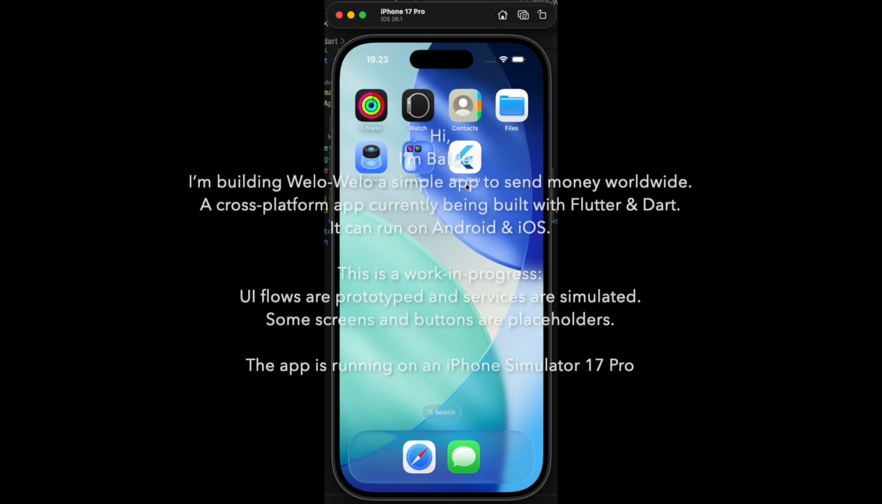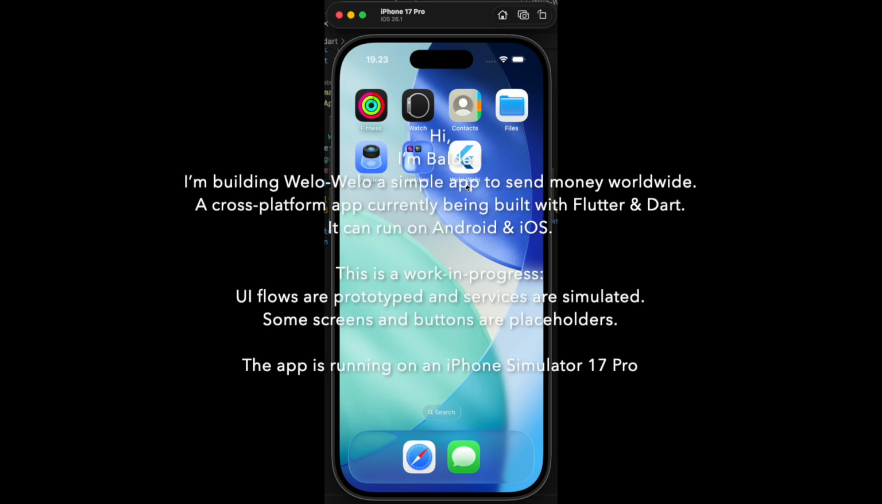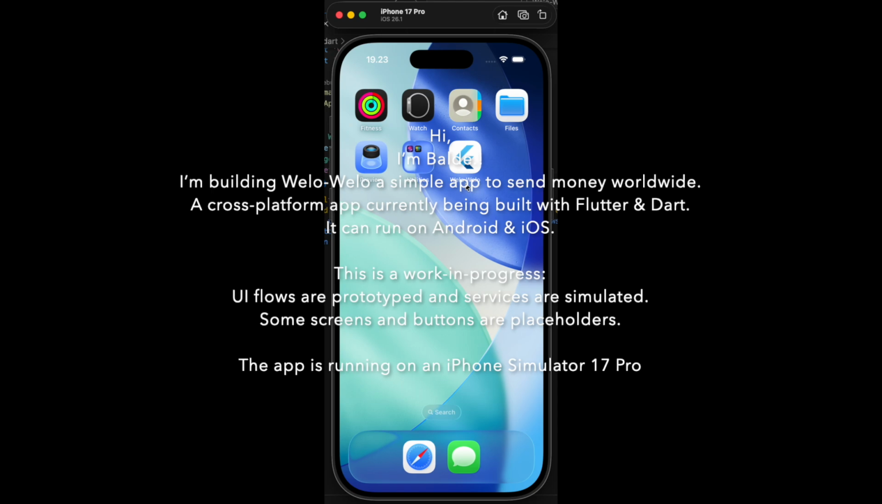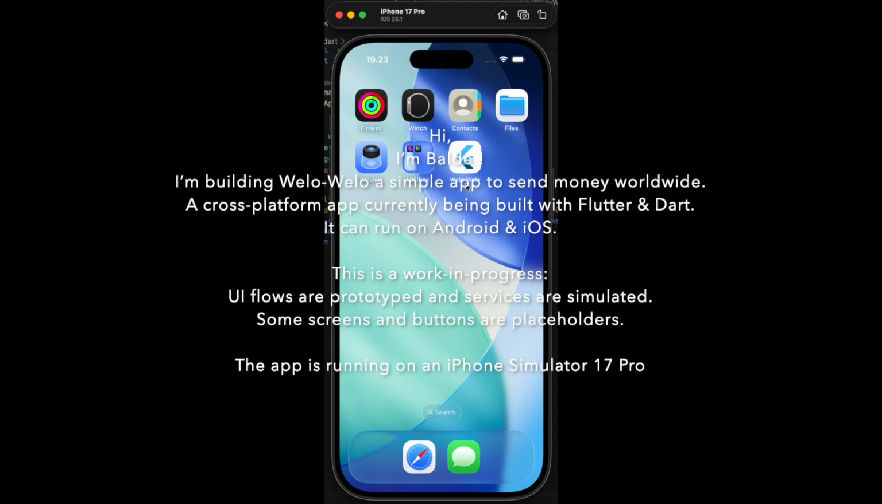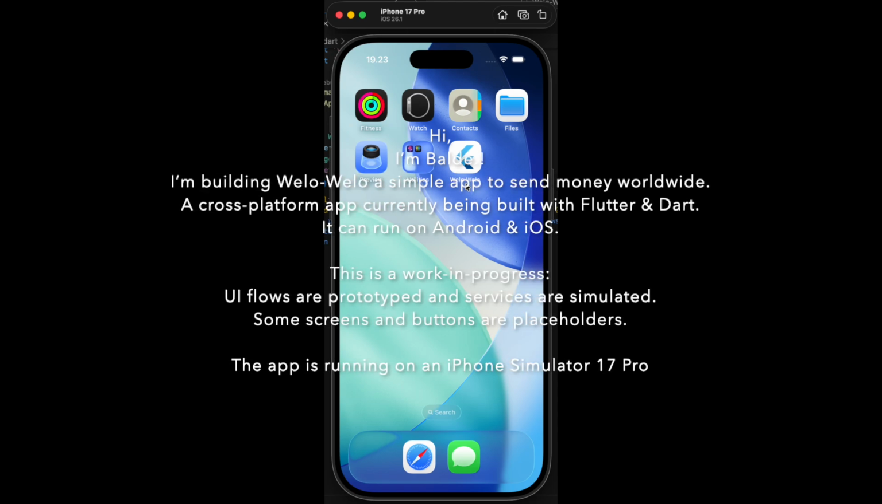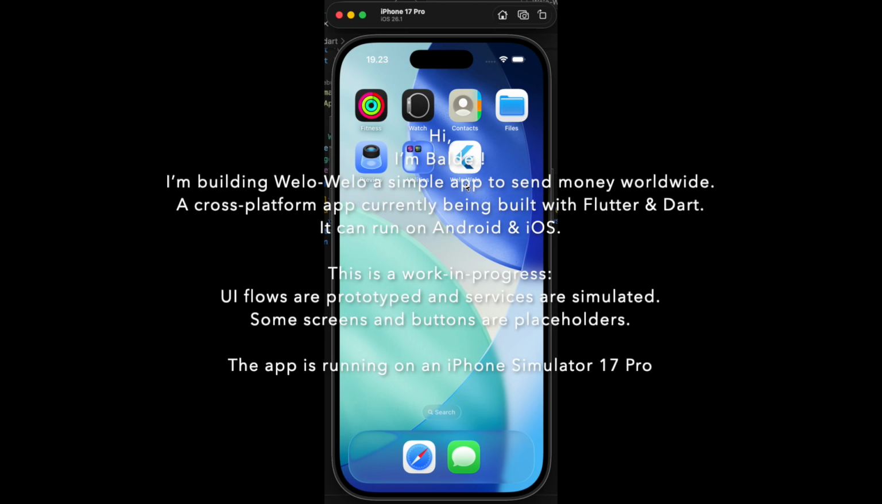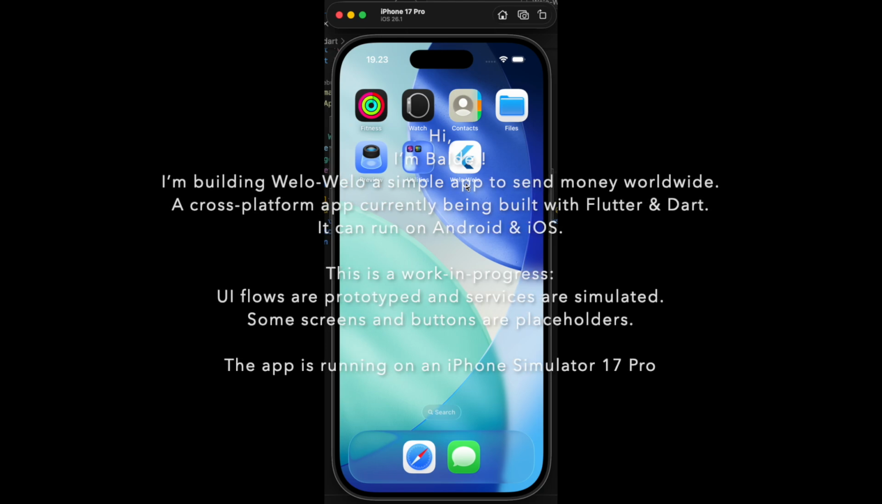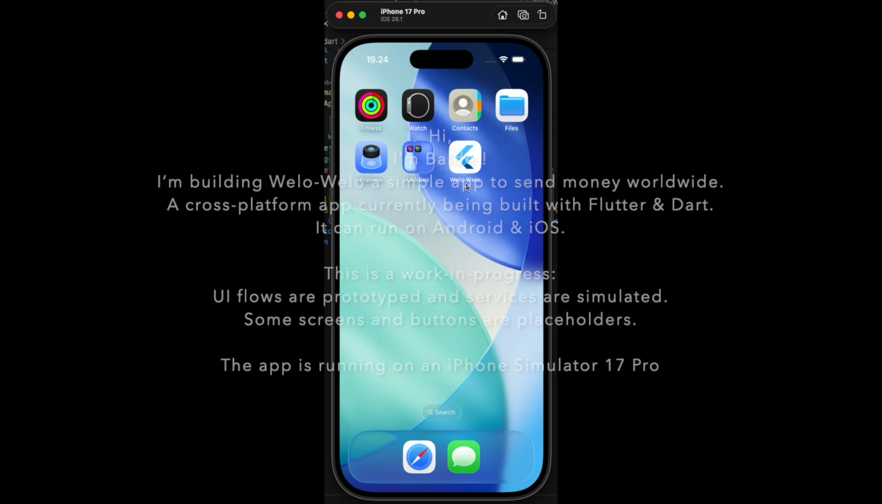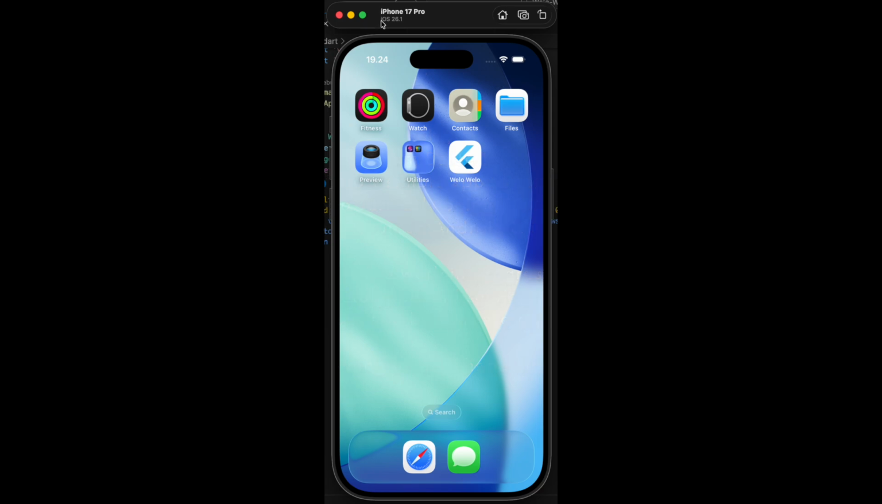A cross-platform app currently being built with Flutter and Dart. It can run on Android and iOS. This is a work in progress. UI flows are prototyped and services are simulated. Some screens and buttons are placeholders, and as you can see here, the app is running on an iPhone simulator